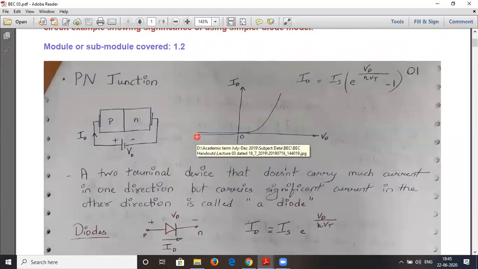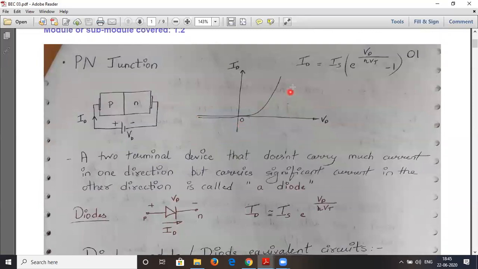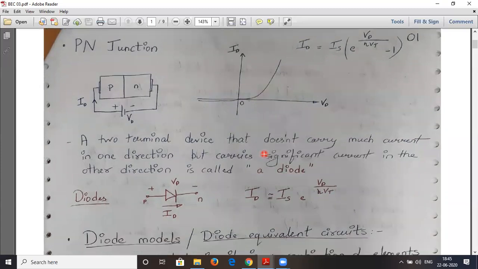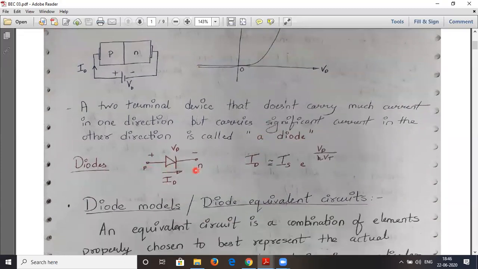We have already studied the PN junction before. This is the exponential relation between the diode voltage and the diode current, and this graph is governed by this equation. The diode, as we know, is a two-terminal device. It allows the current flow in one direction and blocks the current flow in the other direction. In simplicity, we can represent it like this. This is a diode symbol with its anode and cathode, showing the polarity of the voltage and the direction of the current. So basically, it's a unidirectional device. In one direction only, it allows the current flow. In the other direction, it will block it.